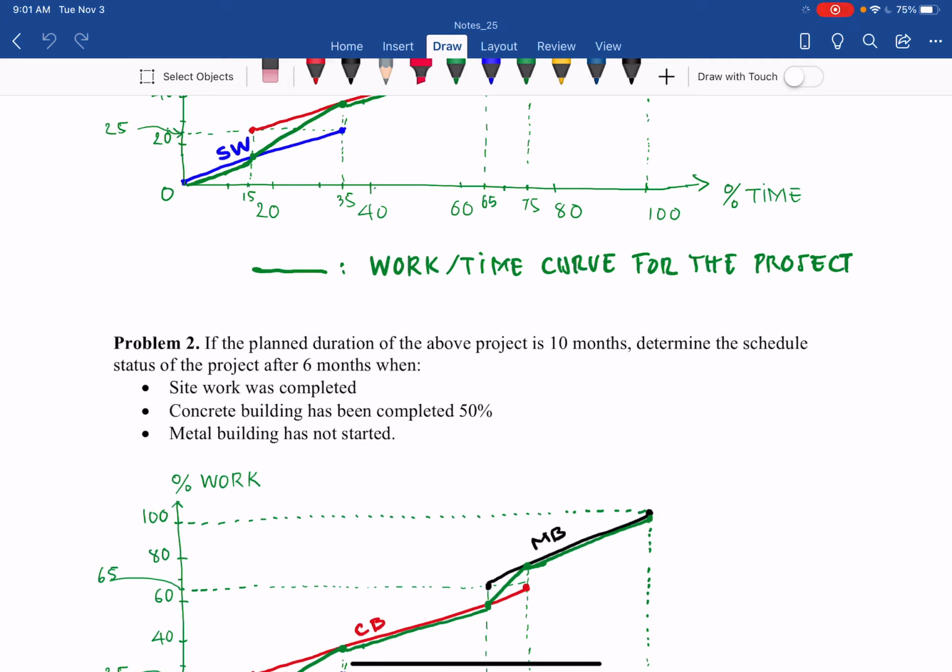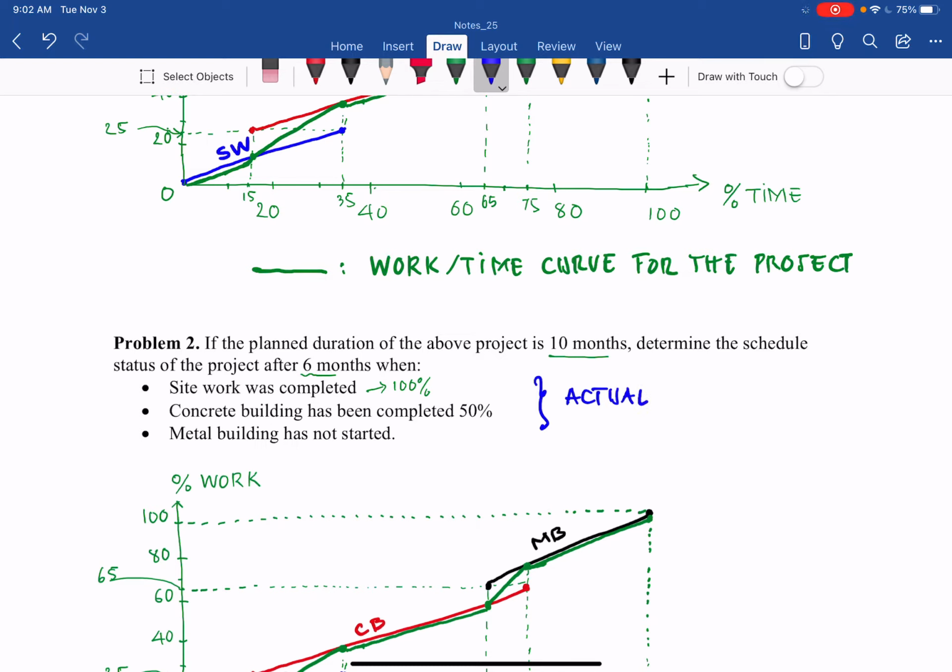Problem 2: if the planned duration of the above project is 10 months, determine the schedule status of the project after 6 months. When the site work was completed, it means 100% complete. So you see the actual up here, as you can see, for the actual work,